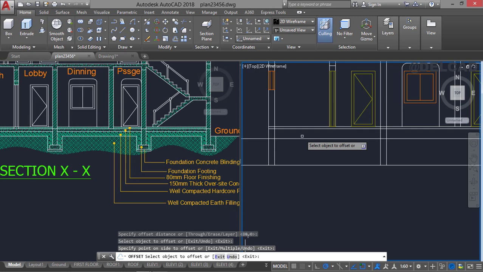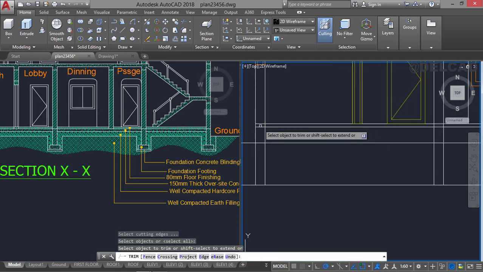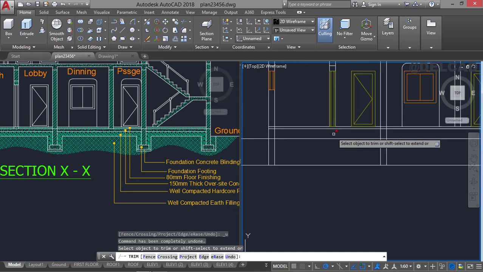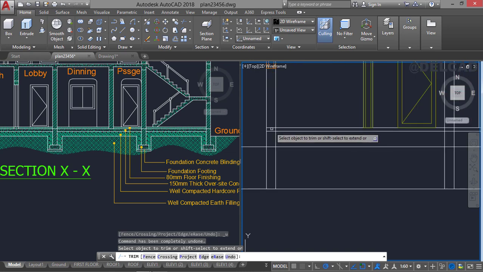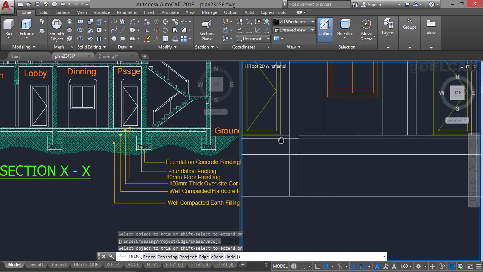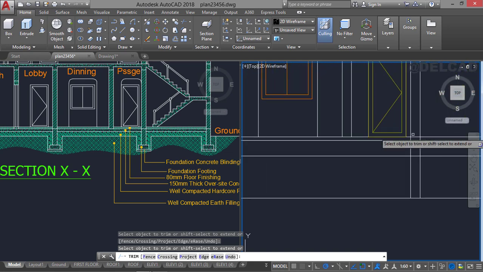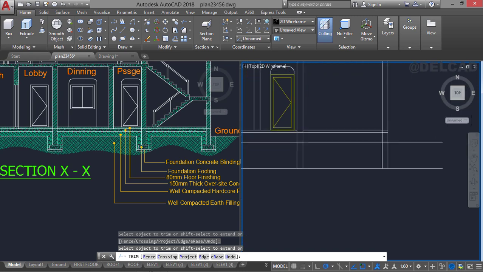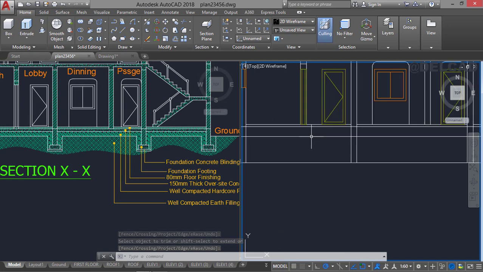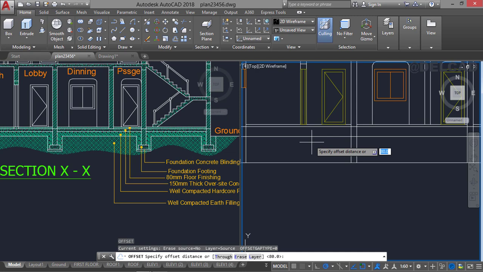down this way, and then I can use the trim command. So I'll trim this very particular part, and I'll also trim this. I think that should be the top. So we trim this portion, and then we trim this portion for the floor finishings. So we also trim this portion. So this is 80 millimeters thickness for floor finishing, and after that we can offset down by a distance of